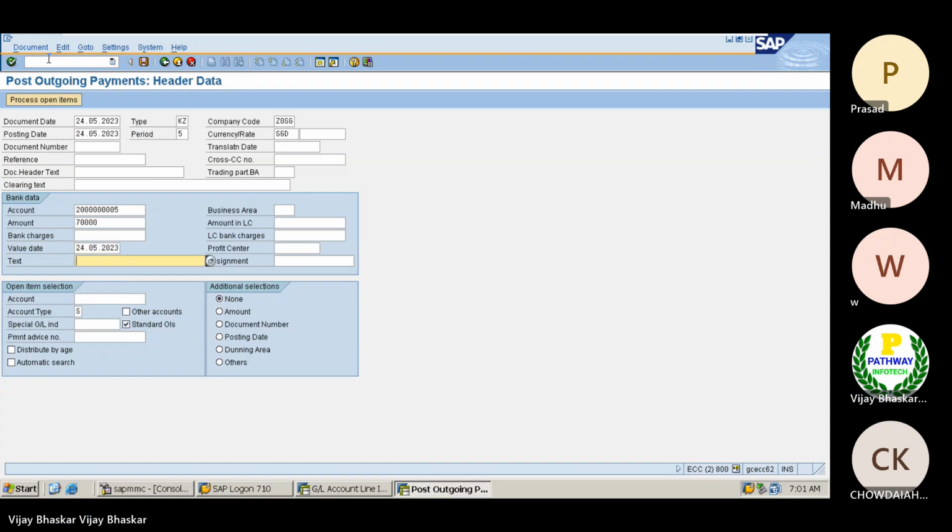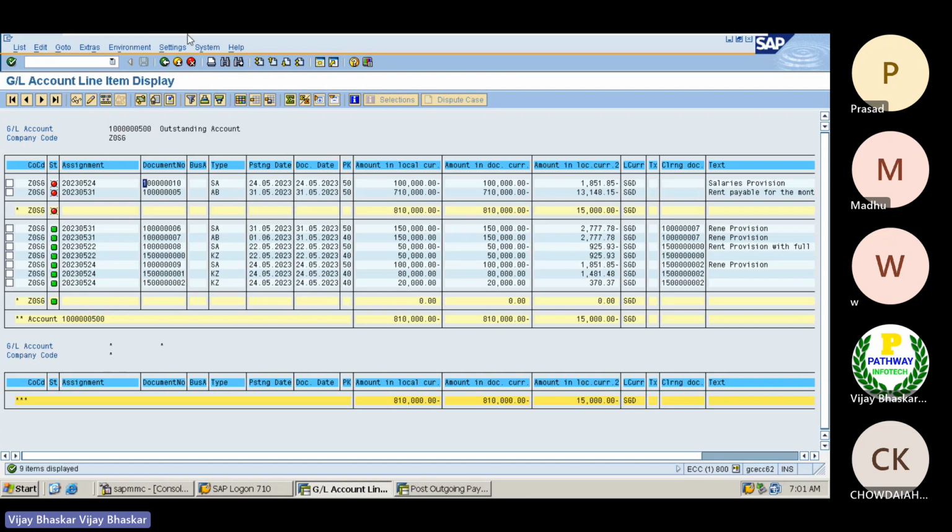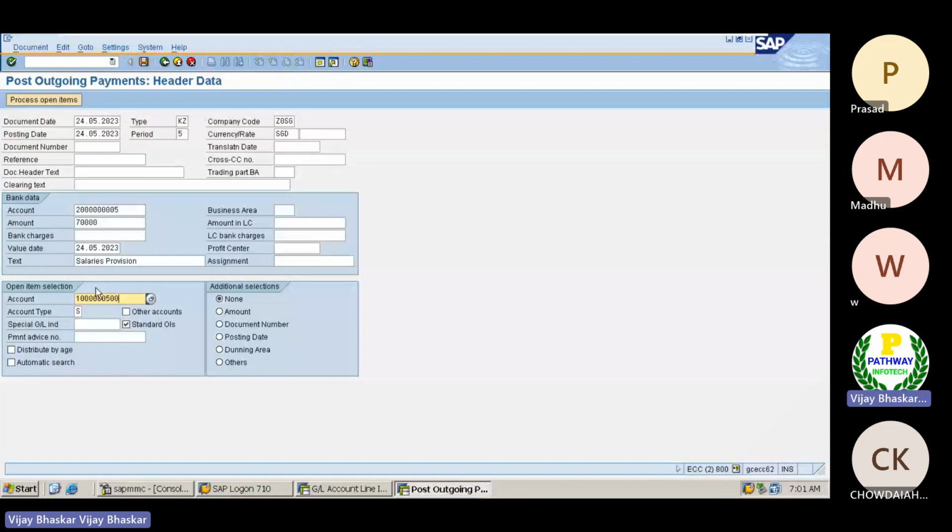Give the value date, then salaries provision. Give the outstanding open item account. Then click on process open items.